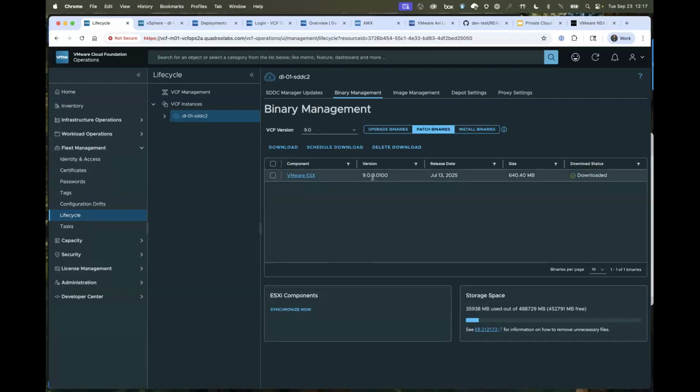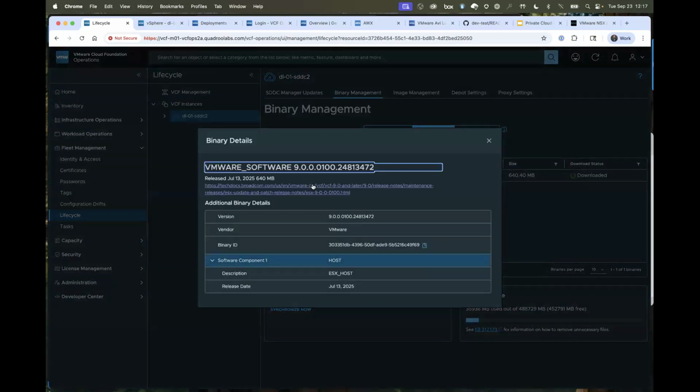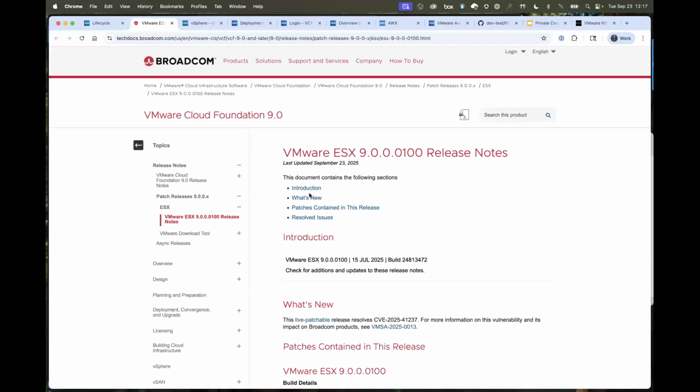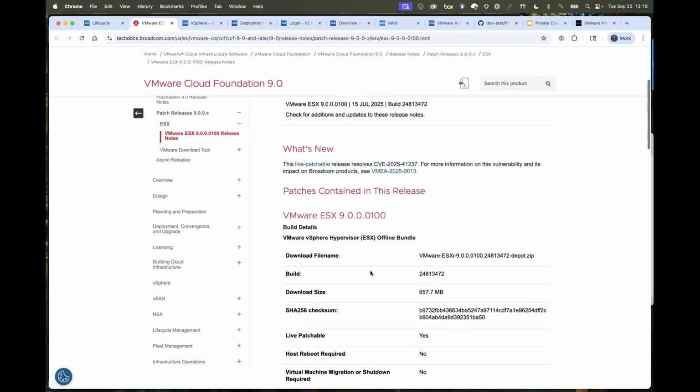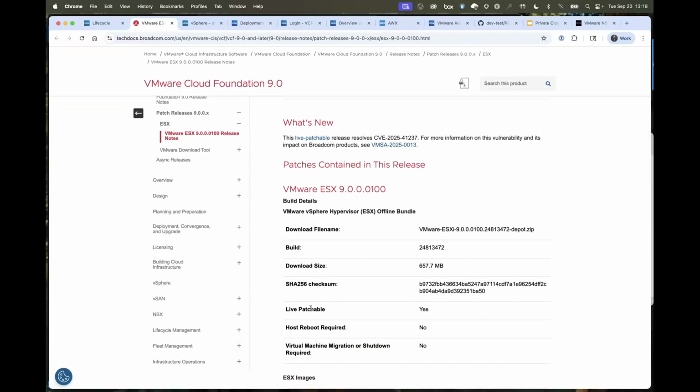And Christopher, this is the patch you're looking at here. This is the first patch that's available. It happens to be a live patch, and you might ask, how do I know if it's a live patch or not? I can click on here and I'm into the release notes, and I can come down here and see that it is live patchable. That's one way to do it. And if this were the 8 version of the same one, it would say live patchable no and give you a whole bunch of criteria where those no's say yes, correct?